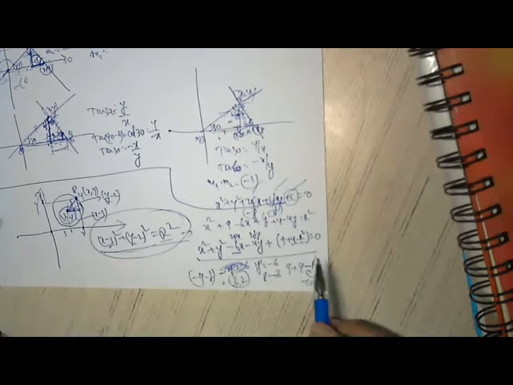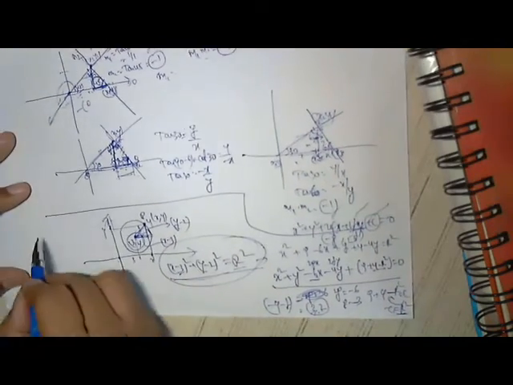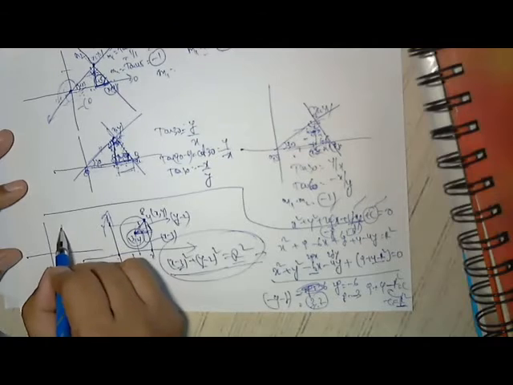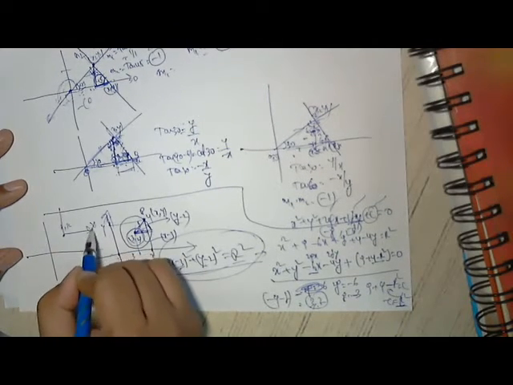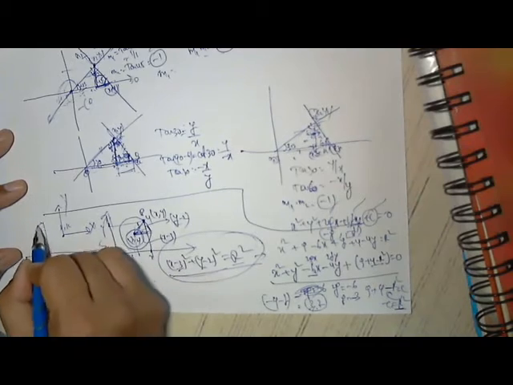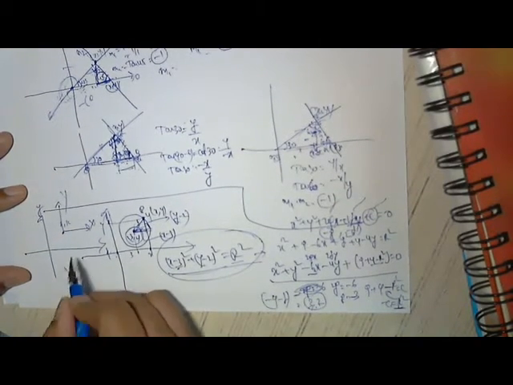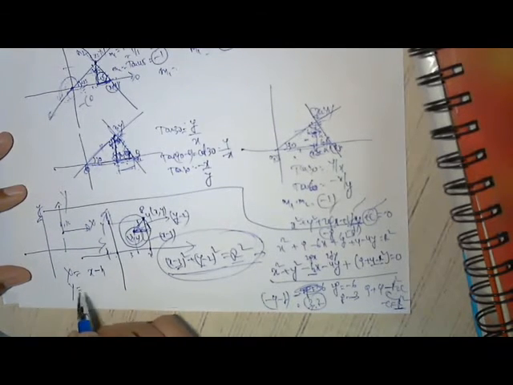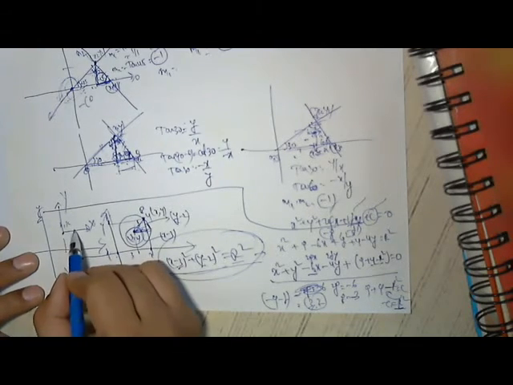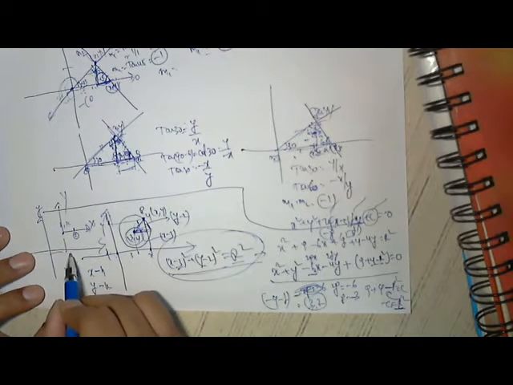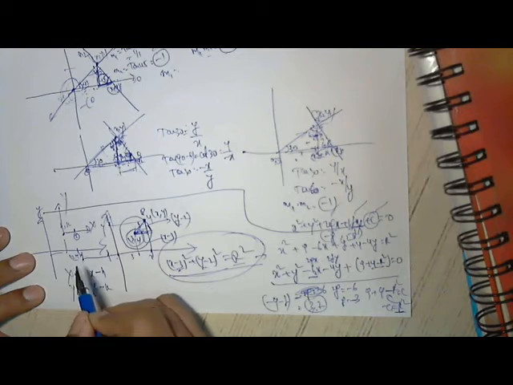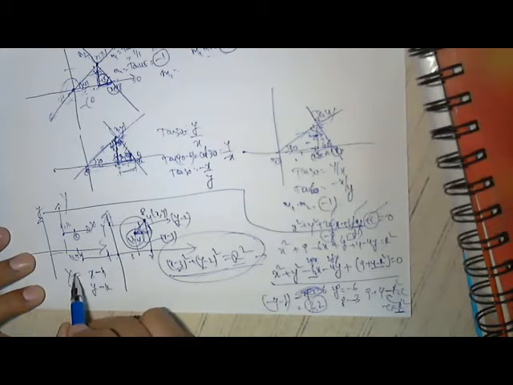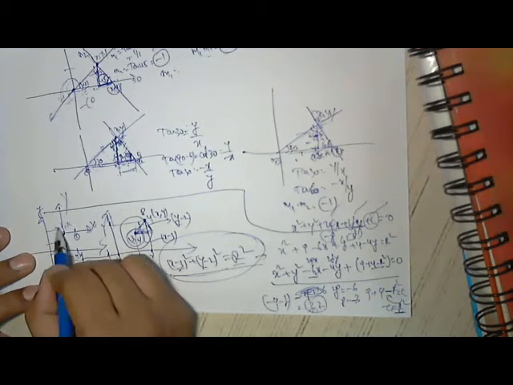So this is basically a shifting of origin. Whenever I shift an origin to (h, k), with new axes capital X, capital Y, we say capital X is equal to small x minus h. Capital Y is equal to small y minus k. Because here it may be 2, but with respect to the old axis it is 2 plus h. Small x is equal to capital X plus h. Small y is equal to capital Y plus k. Like that we have to shift the axis.